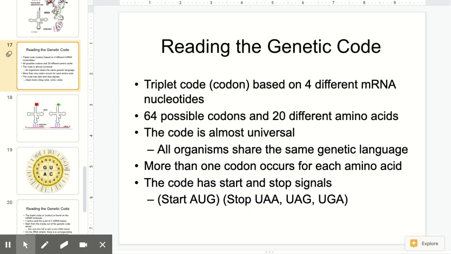Hopefully, at this point, you are all saying to yourself, well, protein synthesis sounds great, transcription and translation sound cool, but how do you know the order of these amino acids? And there is a really cool code that we get to break down during translation. And that code, that genetic code, indicates and tells the order of the amino acids that make up a particular protein. So, we're going to talk about that code, how to read it, how to decipher it in